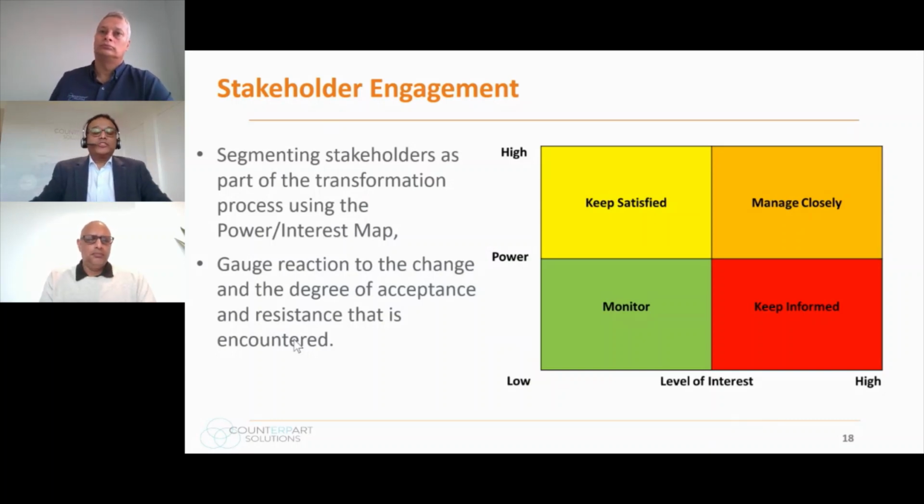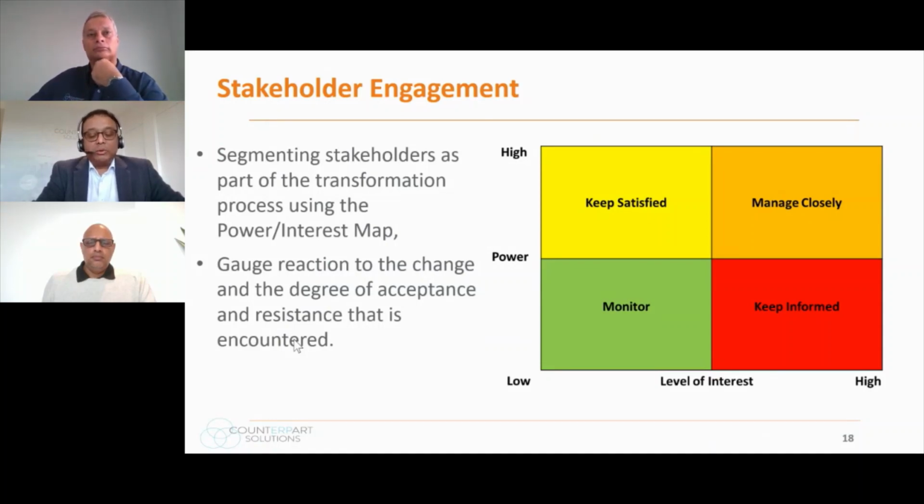So the power interest groups for the stakeholders helps us identify during the journey that the stakeholders can fall into different quadrants. So when we are implementing finance, for example, they need to be informed and actively monitored. But the other groups might be just closely listening or watching what's happening at the program level. But if you look at the customer engagement, then again the quadrant will change between the stakeholders. Some of them will move from keep satisfied to keep informed, or manage closely to monitor. So the stakeholder analysis and understanding of the stakeholders is important.